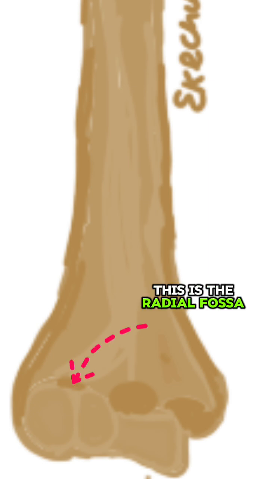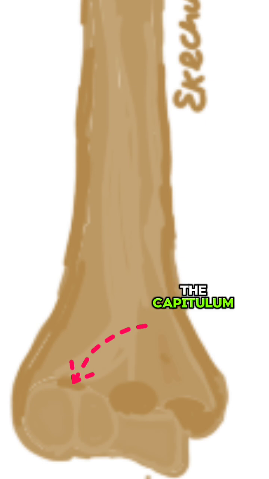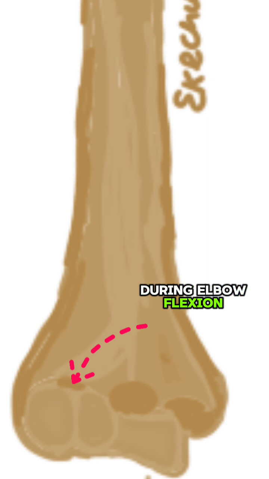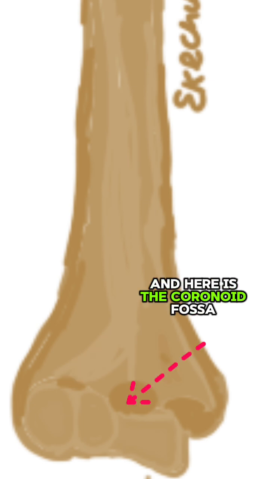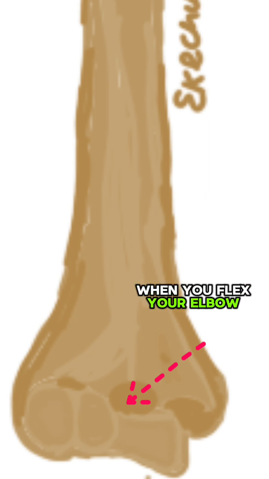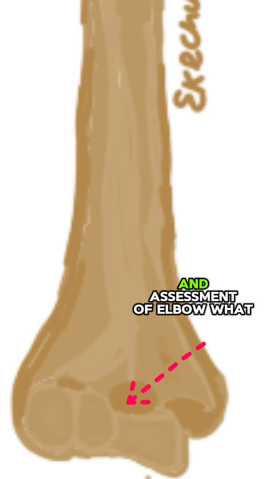This is the radial fossa, this small depression here above the capitulum. It receives the head of the radius during elbow flexion. And here is the coronoid fossa, this depression above the trochlea. It accommodates the coronoid process of the ulna when you flex your elbow. The coronoid process is an important landmark during imaging of the elbow and assessment of elbow